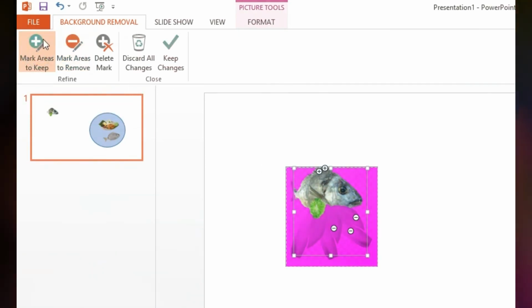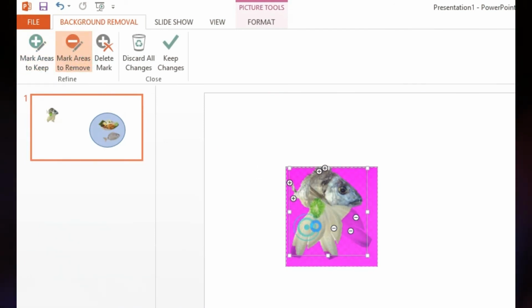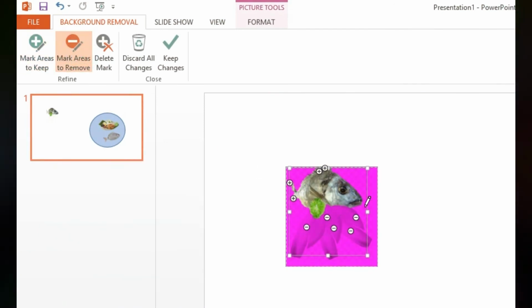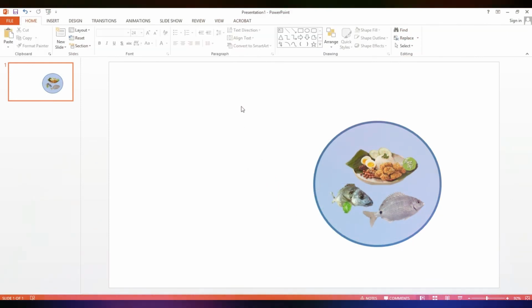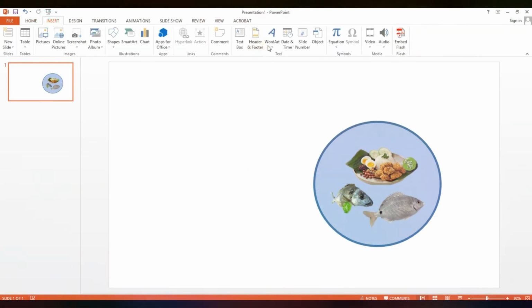I will include this part of the fish, this one. Okay, and keep changes. So if I drag here, look, now I can put some here,